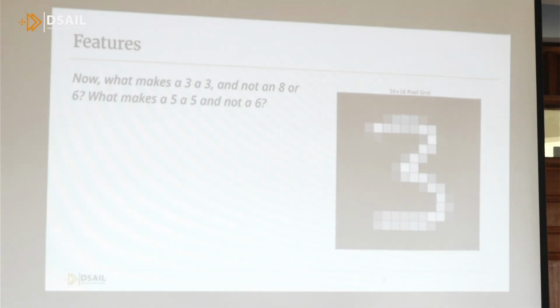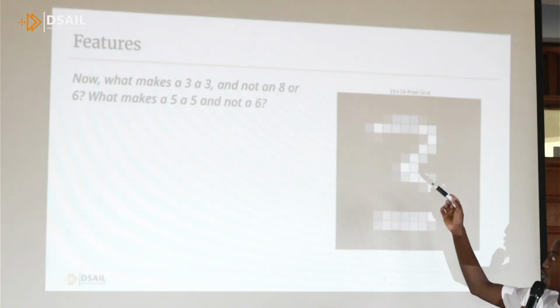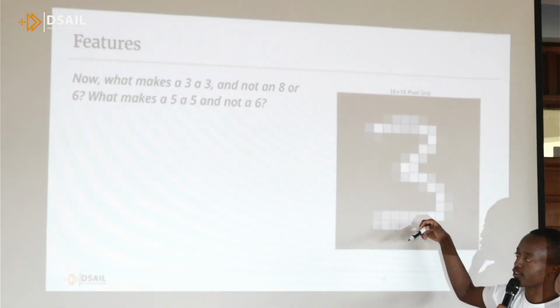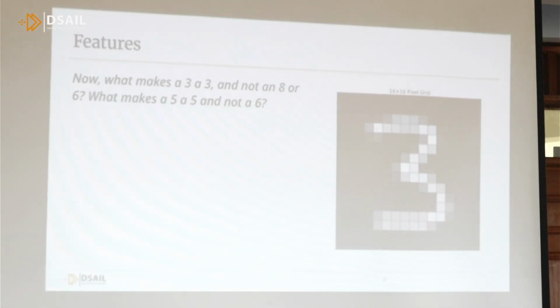So there's an edge at the top and bottom right, isn't it? A curve, sorry, and then edges at the top and the bottom. And it will have extra features where it has some curve here and here. So it will have 2 extra curves on the left. Do you get that point? A 5 will have an edge at the top, an edge on the left, and a curve on the bottom